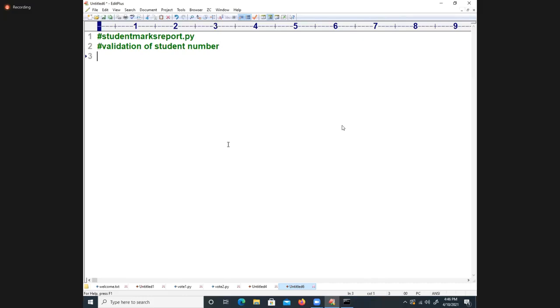Validation of student number, I am writing. We are already aware of the skeleton: while True. There I am writing SNO is equal to input of, enter student number. I have the numbers from 1 to 200. Any number you can enter.